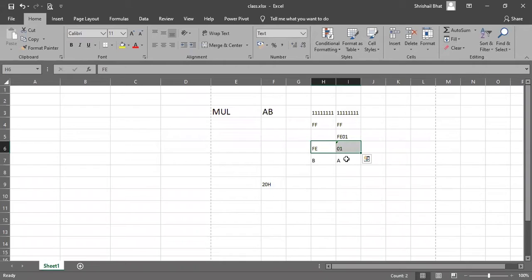A and B will be the registers where the product will be stored. Okay. So if the numbers are in 20H and 21H, and you are asked to multiply them and store the product in 22H and 23H, what can you do? The numbers could be anything, we will see that later. So how will we start? Here we'll have the program.